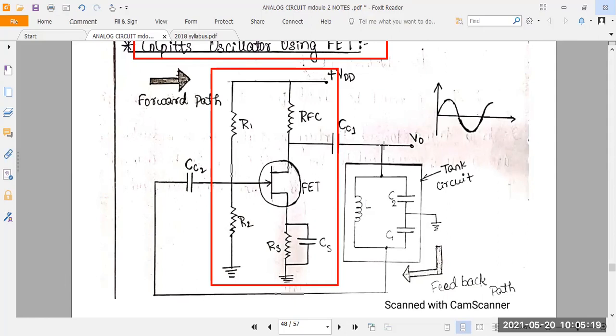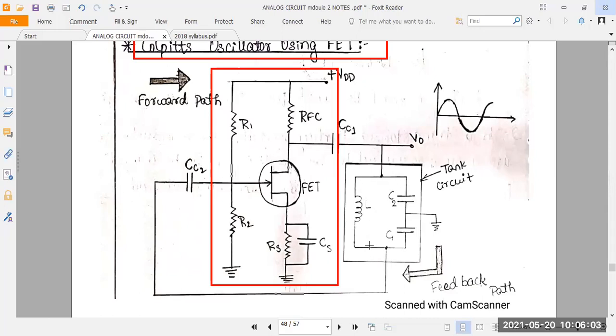You take the output voltage here, and it goes to the input of the feedback. From that, the inductance starts charging, which means we store energy across the inductance. After storing the energy, we can discharge it through the C1 and C2 capacitance. When energy is stored, C1 and C2 are charging; when the energy is discharged, C1 and C2 are in discharging mode. So these two are always connected in parallel.